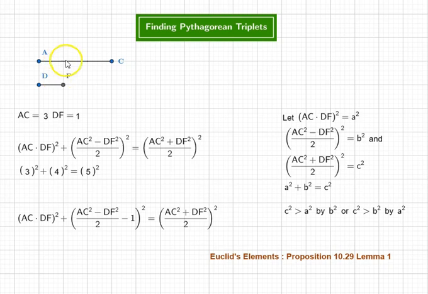And based on these numbers, what do we get? We get 3 square plus 3 square is not equal to 5 square. Purely applying this formula. Because here AC is 3, so 3 square. Now here AC square minus DF square: AC square is 9, minus 1 is 8, by 2 is 4. 4 minus 1 is 3. It's strictly true, but we want two different numbers,